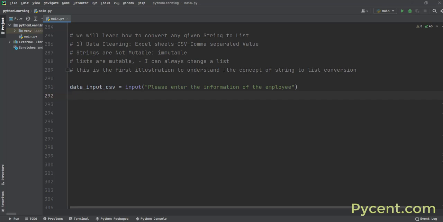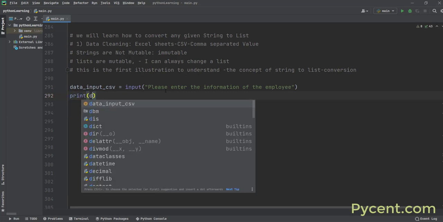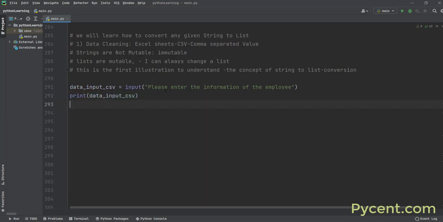So that's exactly what we are going to do now. So let me process this. How exactly am I going to process this? First, I will just print and show the information to you. Print data CSV. So this would be printed, and after that I'm going to convert it into a list. So data into list,